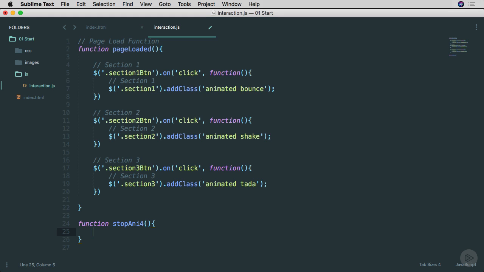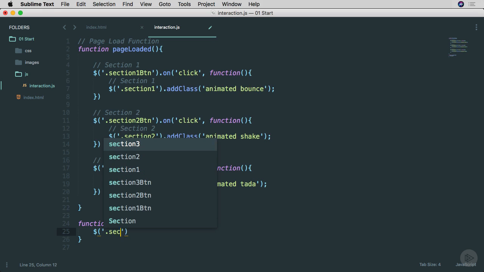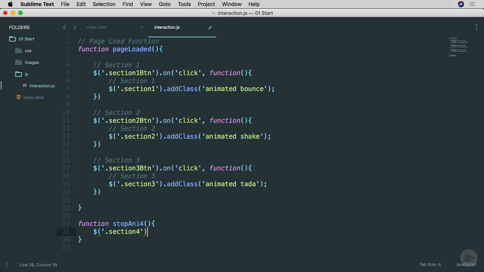So let's go ahead, and from here, we're going to talk to section 4, so we're going to use our jQuery selector. And now in quotes, we're going to talk to a class of section 4. And then we're going to say, instead of add class, we're actually going to remove class. This is another jQuery function that we can call. And so we're going to say remove class, but we have to pass in the parameter. And the classes that we're going to remove is both animated and Jello, because that is the two classes that